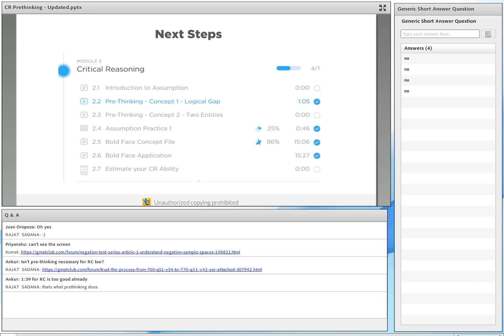The first thing that you need to do is make sure that you go through the foundation lessons. We only solved 4 arguments using pre-thinking. If you're a free trial student, make sure you go through different argument structures. You're able to do pre-thinking in these argument structures. You probably don't need to go through the introduction to assumption, although if you go through it, it's not going to harm you, but you already know this if you attended this. These are a part of your free trial. You log into your free trial, go to the critical reasoning module over there, and you're going to see that.